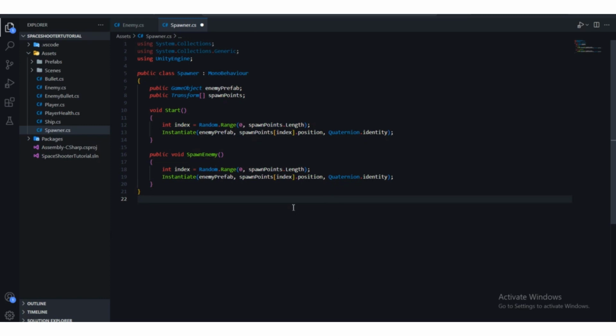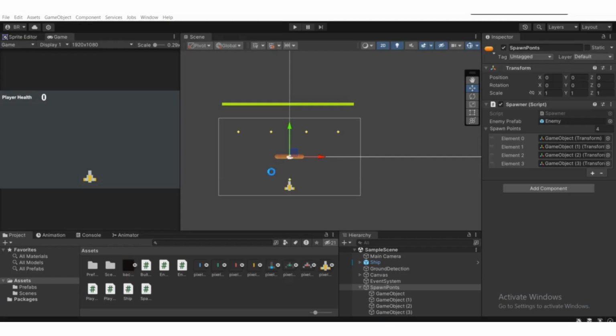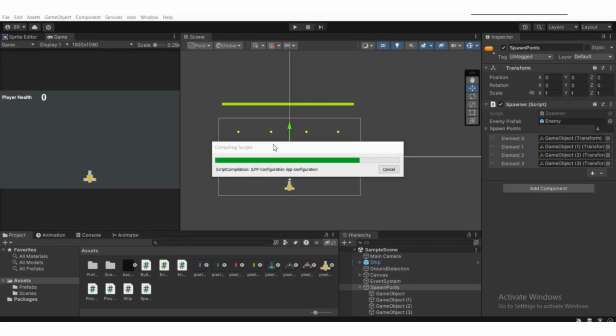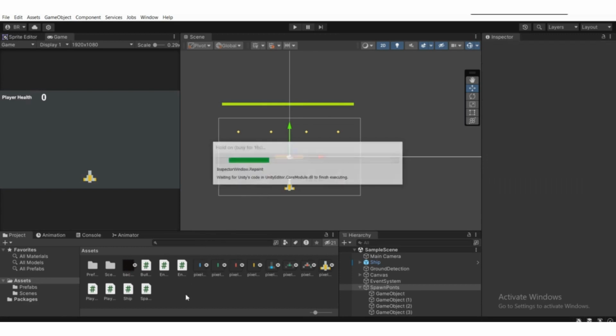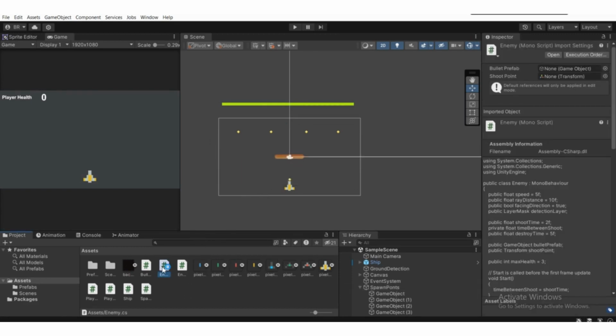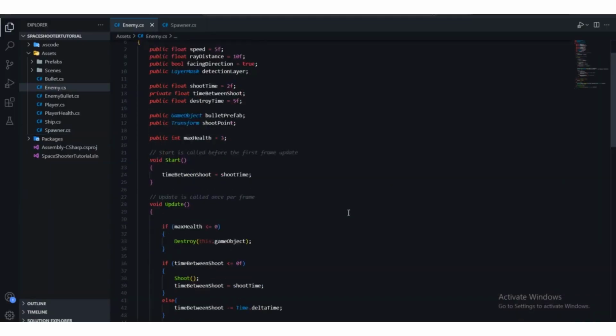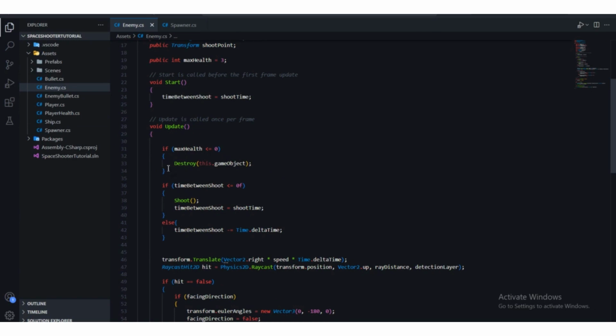Firstly, control S on your keyboard to save the progress and head back to Unity. We need to open up the enemy script, because from there the game object gets destroyed when enemy max health becomes 0. Over here, as you can see, if max health becomes 0 or lesser than 0, we are destroying the game object itself. Before destroying, we're gonna call